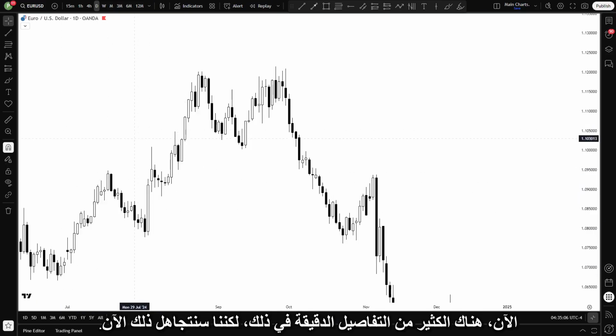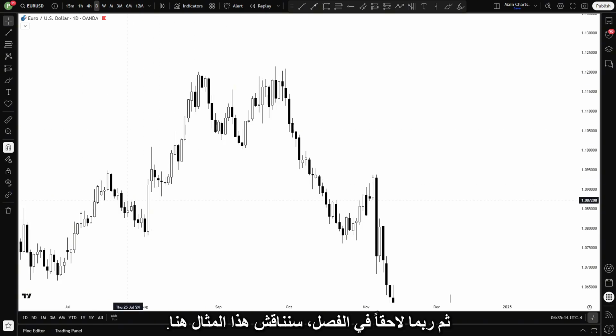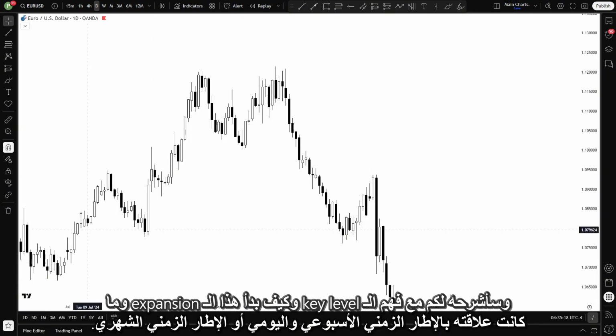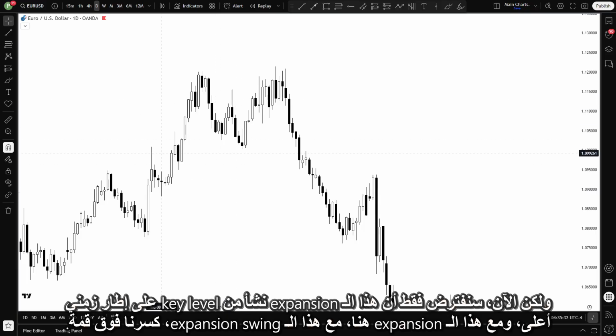Now there's a lot of nuance to that, but we're going to forget about that for now, and I'm just going to show you what is actually happening here, and then maybe further on in the chapter we will discuss this example here, and I'm going to explain it to you with the key level understanding and how this expansion began and what was its relation with the weekly and the daily time frame or the monthly time frame. But for now we're just going to assume that this expansion